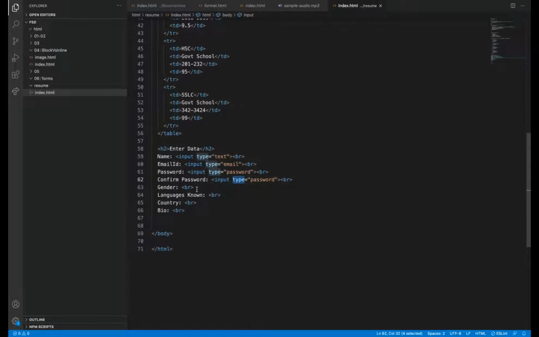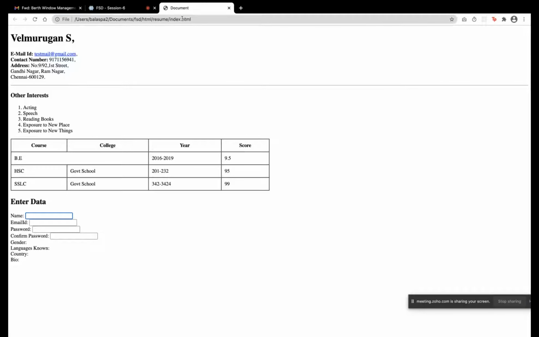The next thing is gender. What will be the possibilities for the gender? Male, female, and then we can say others. What type of input do we want here?